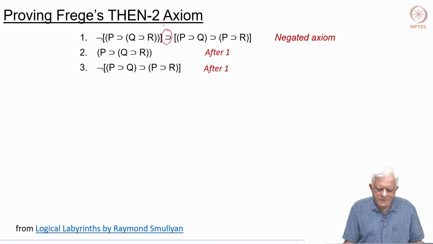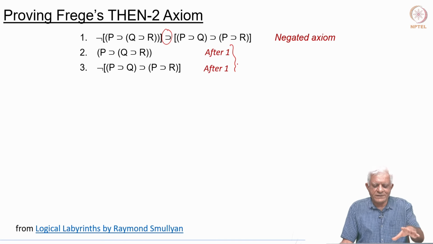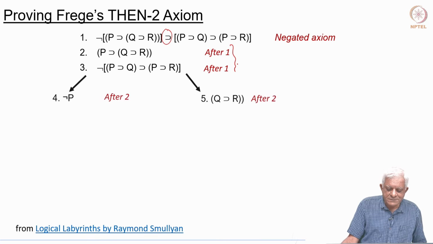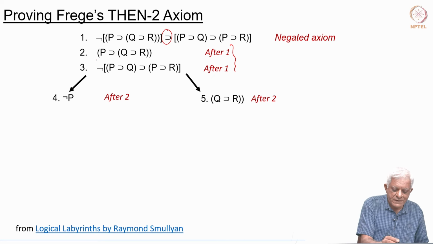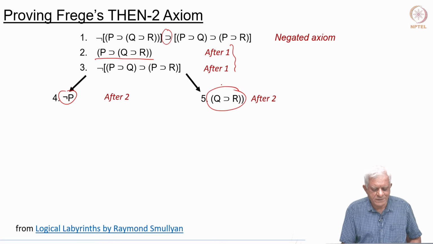So, this is a notation that he has introduced, which I have copied, that you are saying that this has been arrived at after processing the formula which has got label 1 essentially, and there was no choice, there was only one connective to begin with. But then after processing the second formula, this is what we get. We had P implies Q implies R. So, to make that true, either not P must be true or Q implies R must be true. So, we have seen this essentially, right.